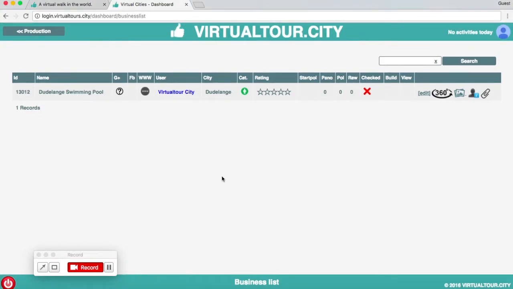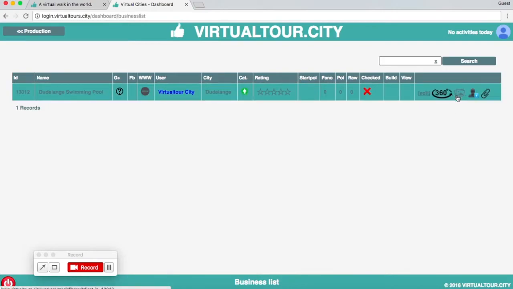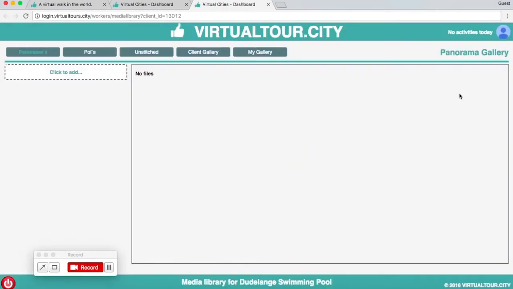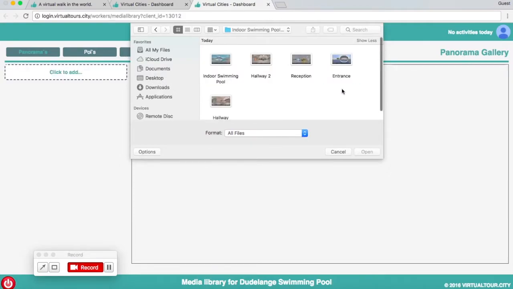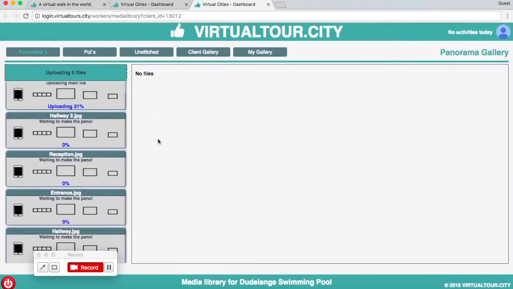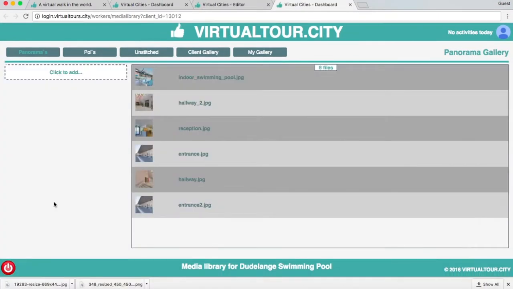To create a virtual tour, first of all we need to upload the panoramas. To do that we click on the media library here, and on the top we have several tabs, and here just be sure that we are on the top of panoramas and click to add. Now you need to show the folder with the stitched panoramas. So here it is uploading. Once all panoramas are uploaded,